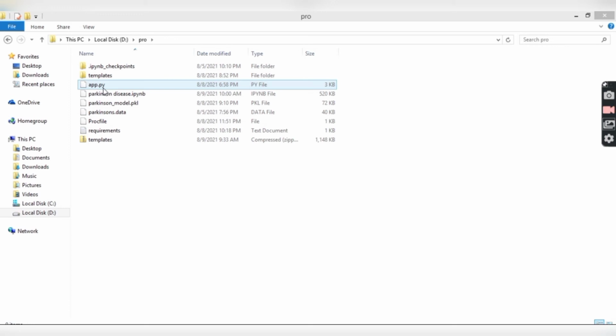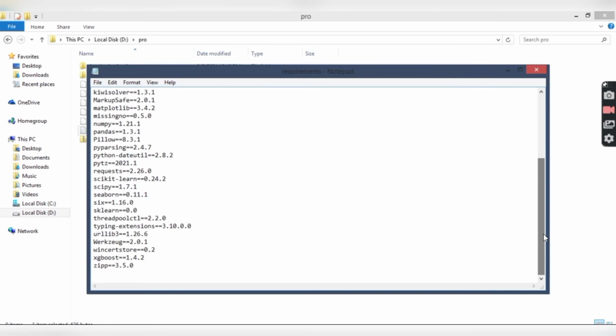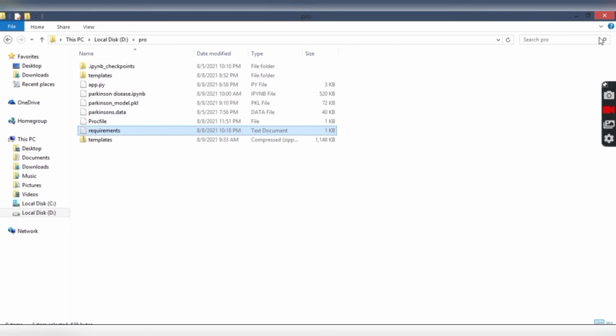So first we have app.py that we have talked about before. Then we have the Procfile that we also talked about. Then, most importantly, we have the requirements.txt, in which we have listed all the libraries that are used in our project. Later this file will be used to install all these libraries in our Heroku app.